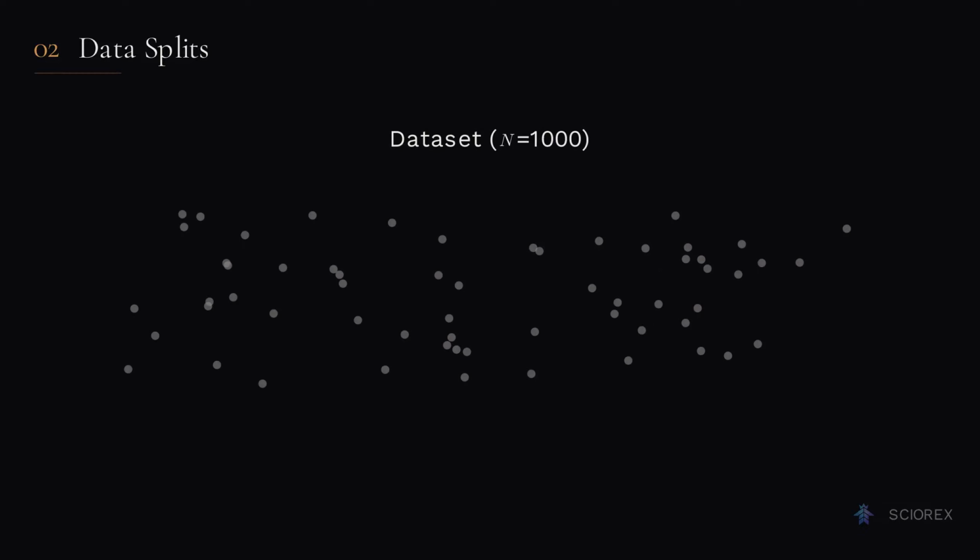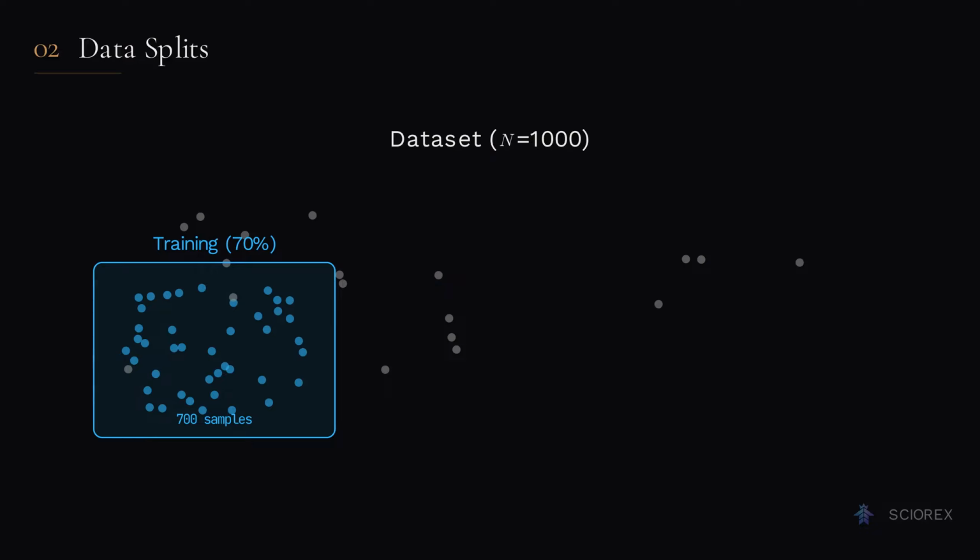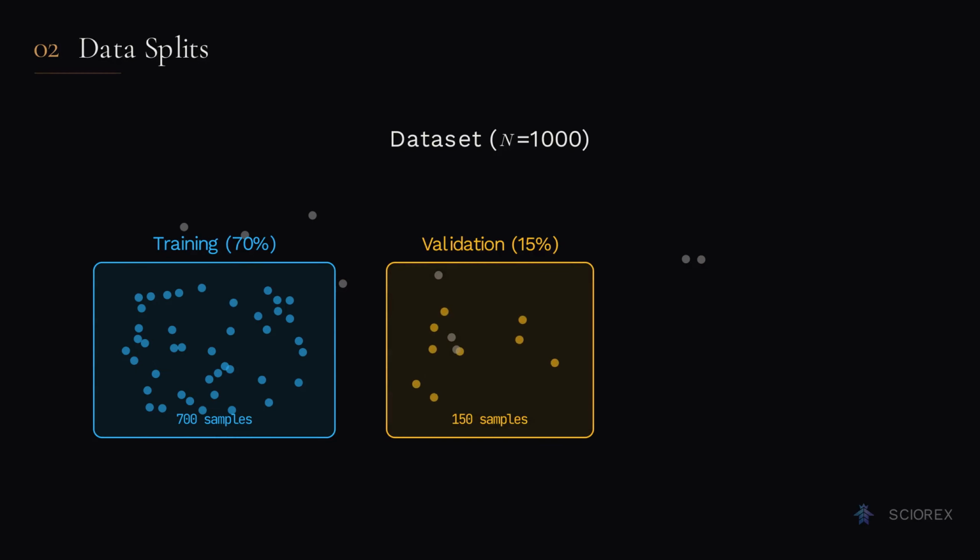So we split our data into 3 parts. The training set is what the model learns from. Parameters get updated using this data. This is the answer key the student is allowed to study. The validation set is used during development. You check validation performance to decide things like, should I use a bigger model? Should I train longer? Should I change the learning rate? You never train on it, but you do peek at it repeatedly.